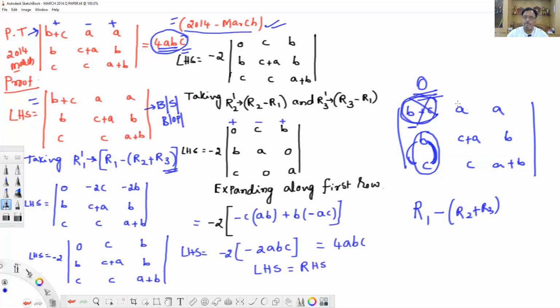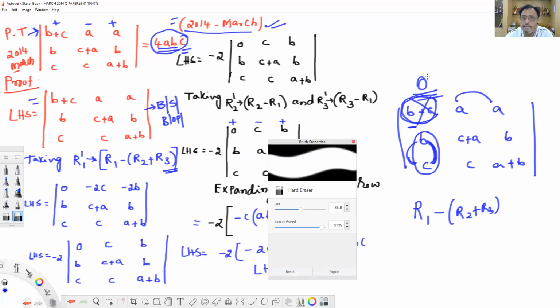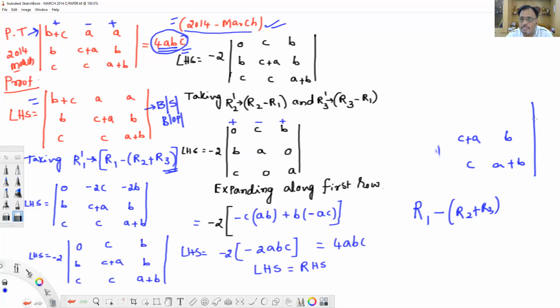Some students, what happens now? They see equal elements, they go for operation. Sometimes, even though some elements are making 0, the enemy will be stronger. That's the operation I performed here, you see. So what is the operation I am going to do? It takes some time to understand. That's why you have to be very, very cautious. Look here, these are the operations I'm going to do now.